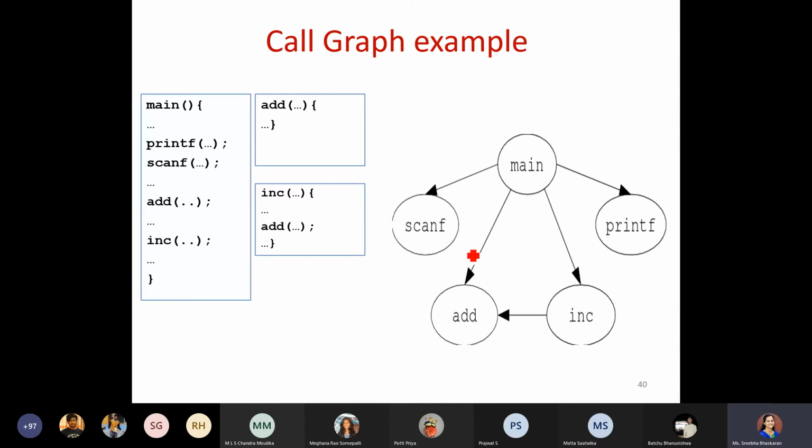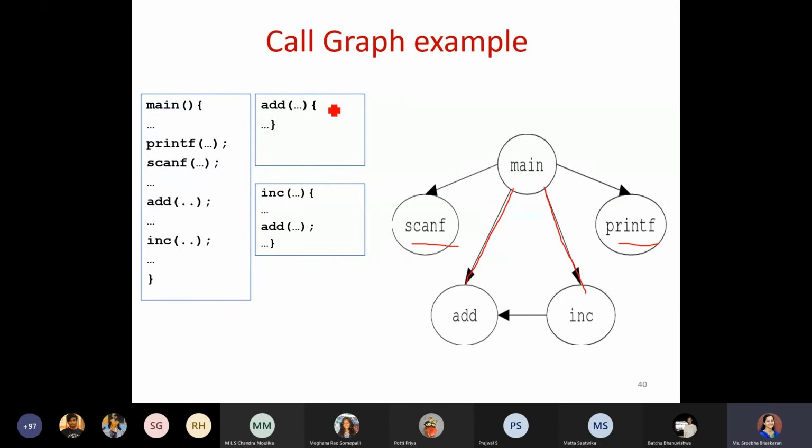Each function, represented in a circular form, is given as a node. So from main, these two are getting called. After that, we have the add function and the increment function. From main, we call the add function as well as the increment function.